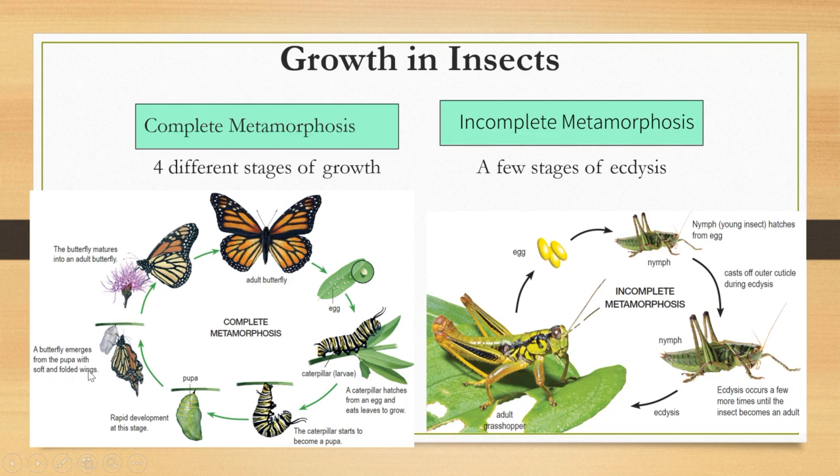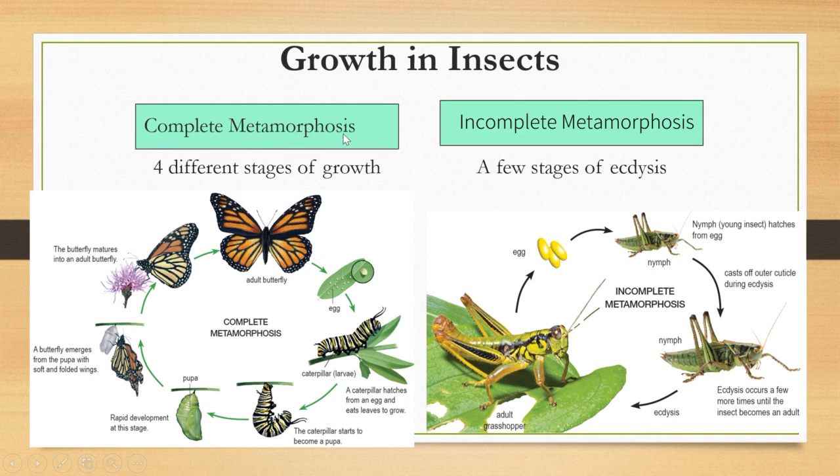A butterfly emerges from the pupa with soft and folded wings, and then it will grow and mature into an adult butterfly. So these are referred to as the four different stages of growth in complete